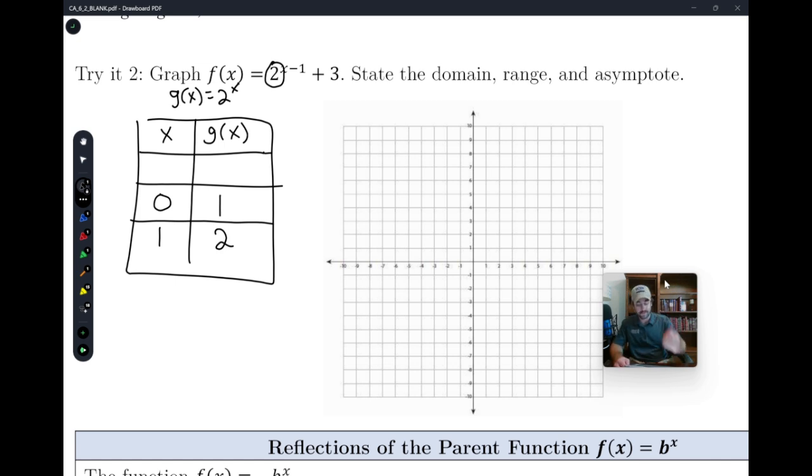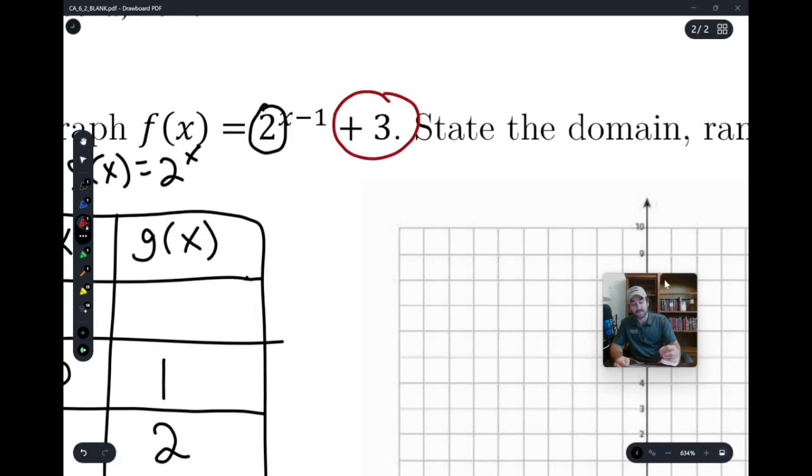So if we were to graph that, it would look like the point 0, 1, and the point 1, 2, and then we would build our exponential out of there. But we know that this graph actually has a couple shifts on it. We have a shift on the outside, which if you remember from our shift function, shifts it up 3, and we have a shift on the inside of the exponent,